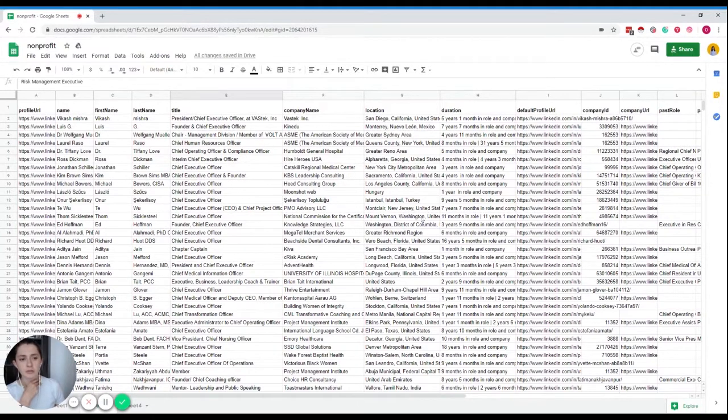Since I don't have any lead researcher or any virtual assistant who does it for me, I have created a few formulas and streamlined the whole process, and I'm going to share all the tips and tricks with you, so keep on watching. First of all, I want to get rid of all the people that are not really relevant